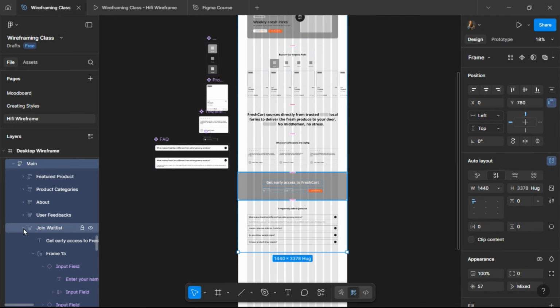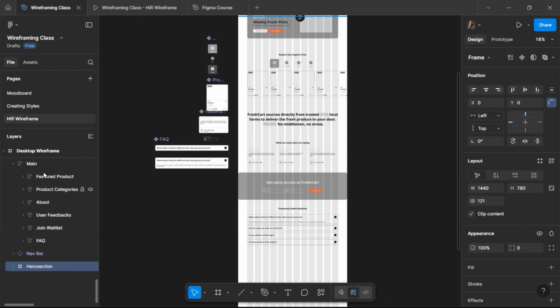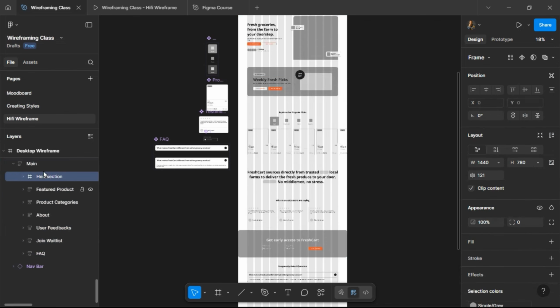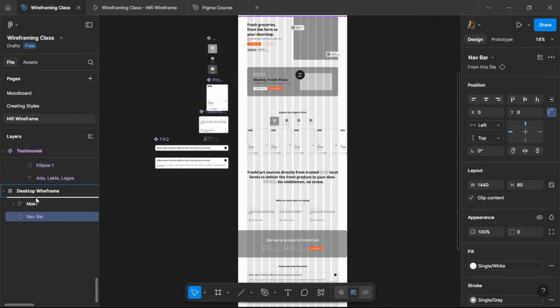So there are three things you need to know when creating a website. There are 3 sections of a website. There's like the nav, and then there's like the main area, which has other sections, and then finally the footer. So we are going to talk about the footer in the next